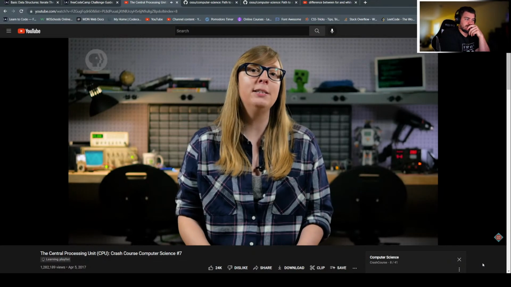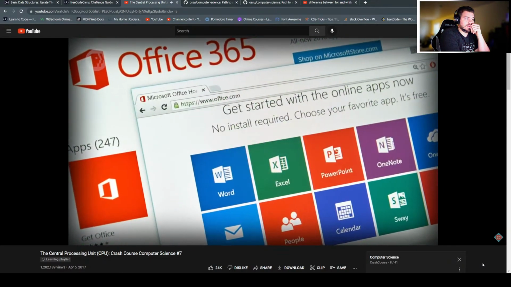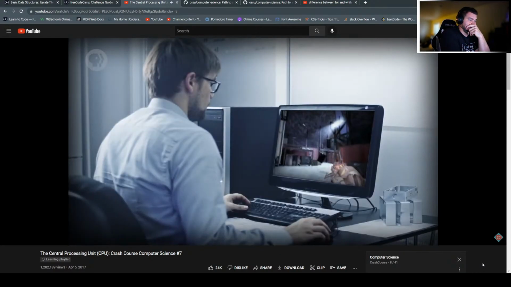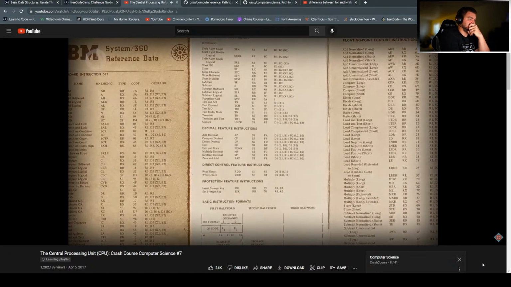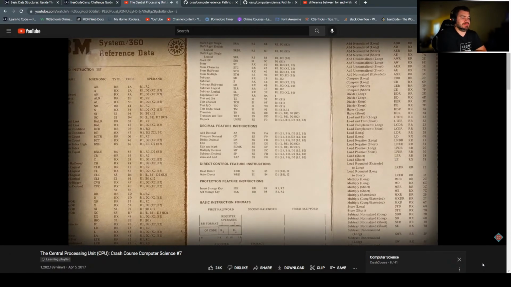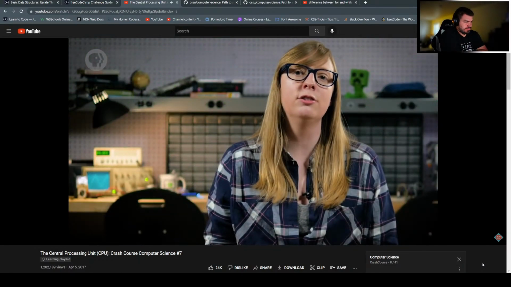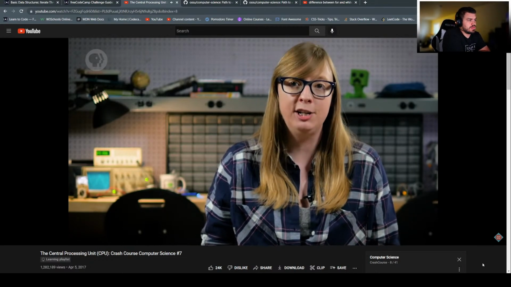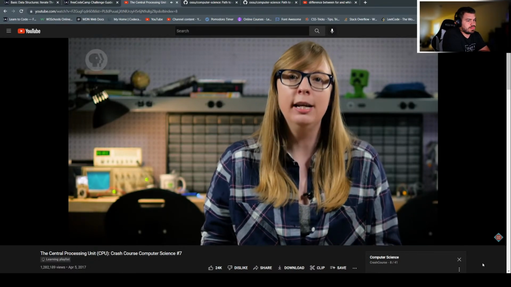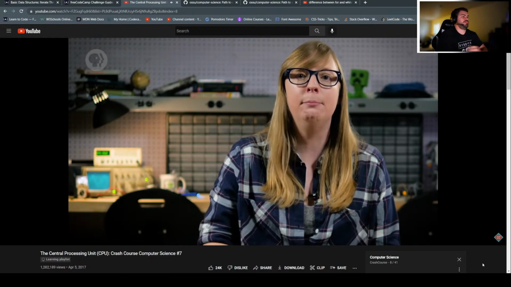A CPU's job is to execute programs. Programs like Microsoft Office, Safari, or your beloved copy of Half-Life 2 are made up of a series of individual operations called instructions because they instruct the computer what to do. If these are mathematical instructions like add or subtract, the CPU will configure its ALU to do the mathematical operation. Or it might be a memory instruction, in which case the CPU will talk with the memory to read and